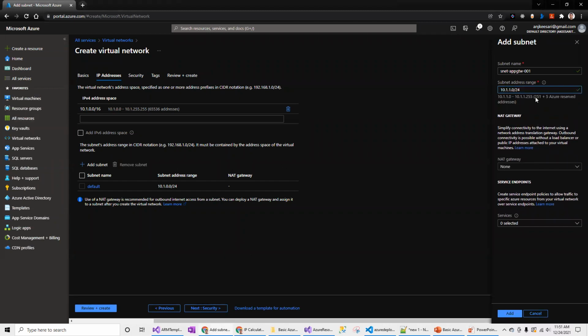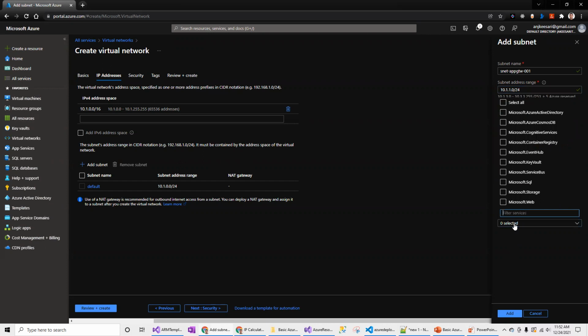So as you see here, it says 251 plus 5 reserved IP addresses start from here. So 0 is the network IP address, 1, 2, 3, 4 until 255. So at this point, I'm not using any NAT gateways. I will be discussing the service endpoints we were talking about in the previous video.